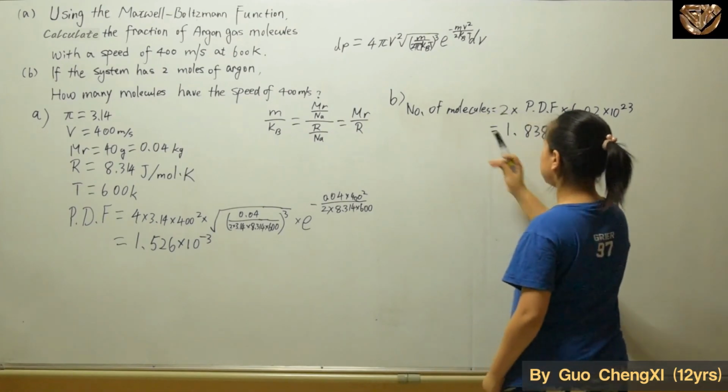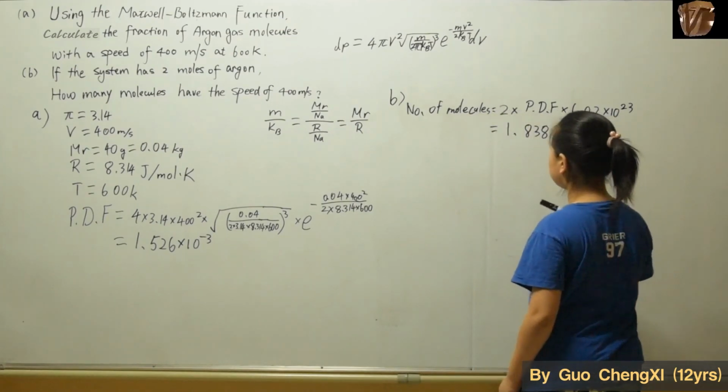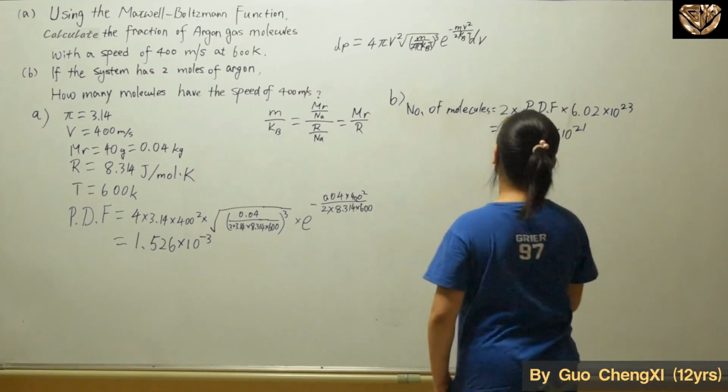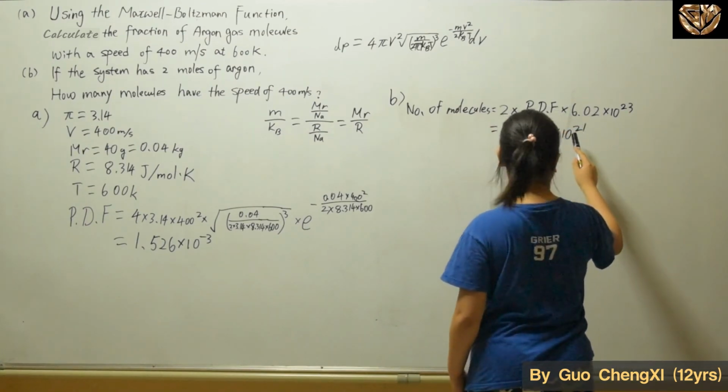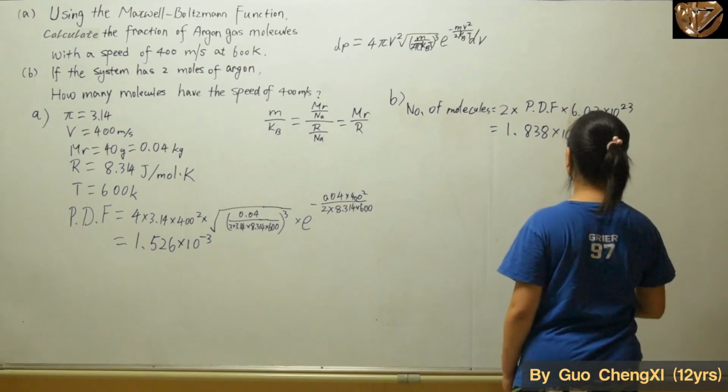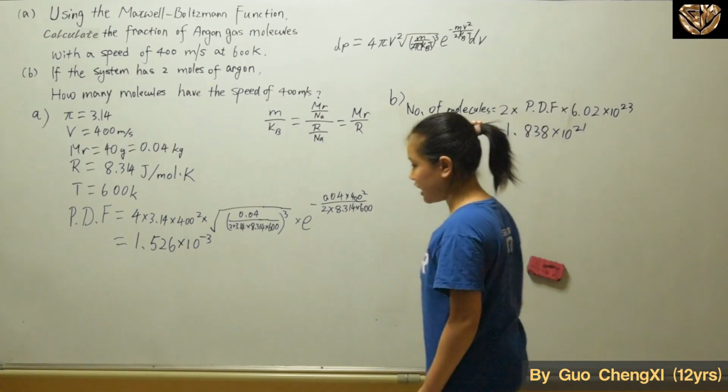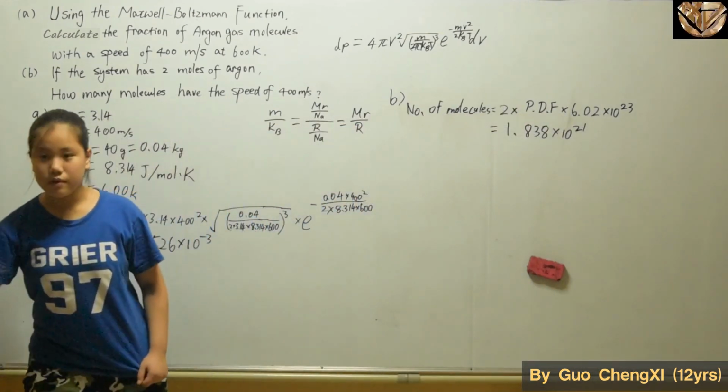For this, the number of molecules you had to times 2 because there are 2 moles of argon, and since we're finding the number of molecules, we have to times the Avogadro's number. And that will be really all for this